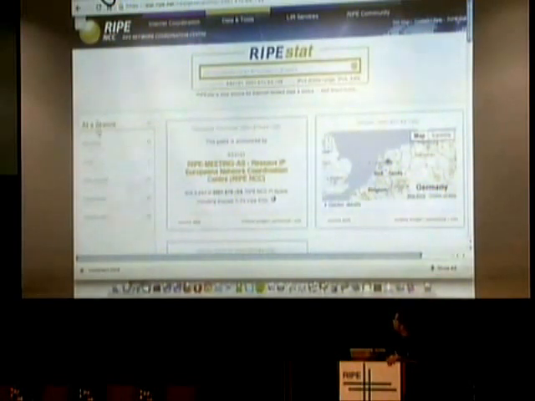Then we have a Routing tab, which contains all the widgets related to routing, as well as widgets related to DNS, anti-abuse, database, and geolocation. The number on each tab shows you how many widgets are loaded within that page. Okay,